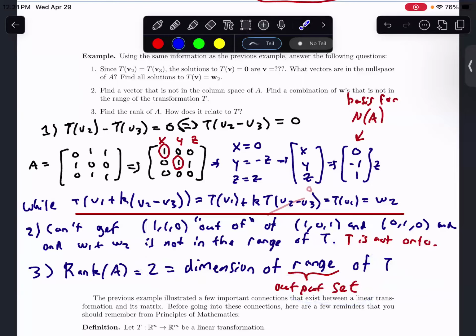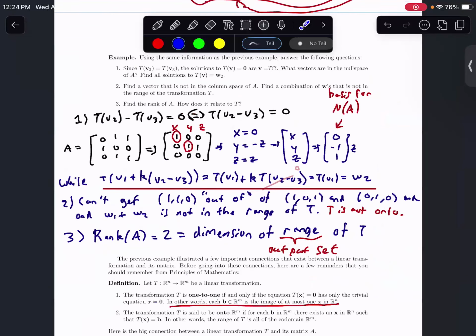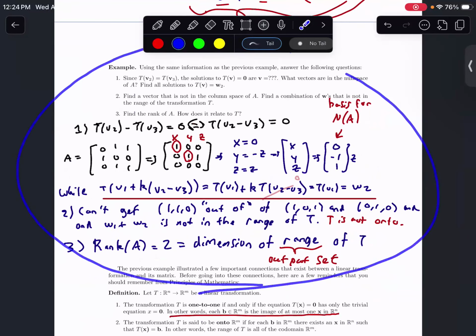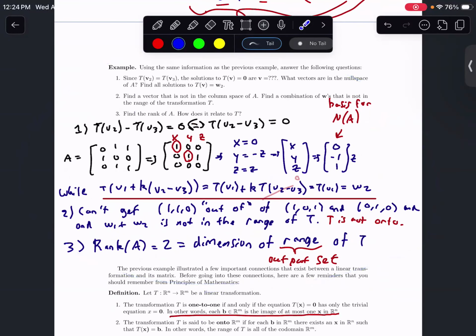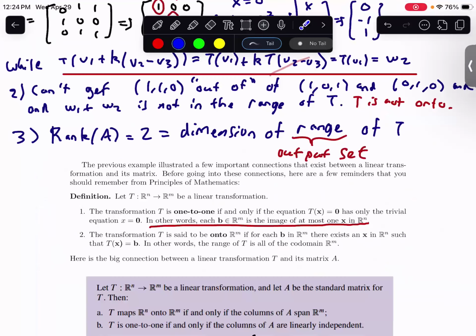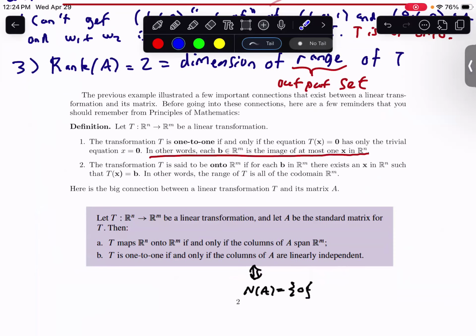And it ends up just being equal to the rank that we have. So you should be thinking that the span of the column space corresponds to the range of your transformation, just from construction pretty much. Okay. Any questions about this example at all? Okay. So I kind of talked about this theorem at the bottom of the page a little bit, but again,